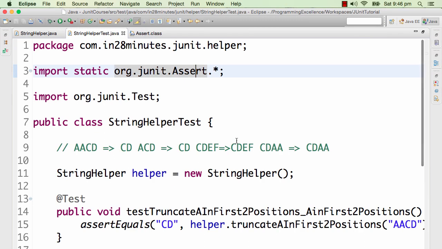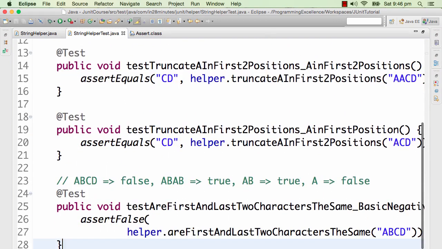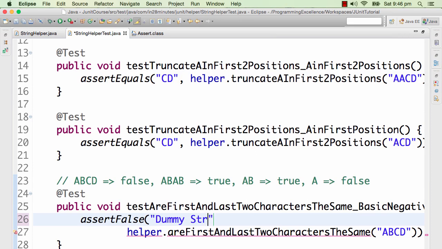One important thing which we didn't discuss until now is, for every test, for every assert, you can also pass in a string. So if I pass in a string, let's say assertFalse with a dummy string. I should have explained something in here saying why the test failed, but if I pass in a string to any assert, then when the test fails, so to make this test fail, what I'll do is